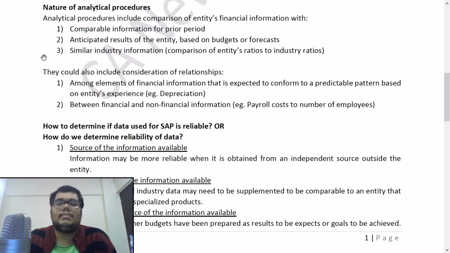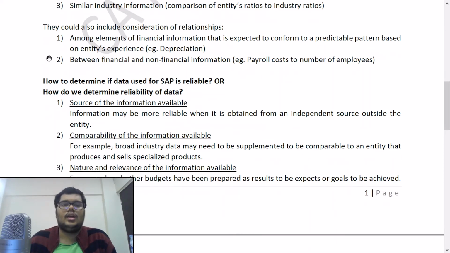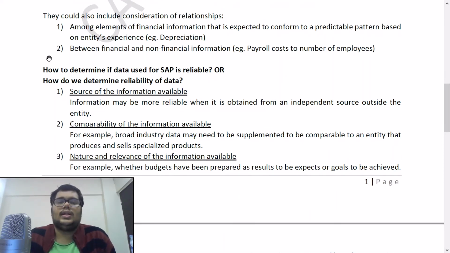Point number three, similar industry information, that is comparison of the entities ratios to industry ratios. This also we spoke about. So there are three ways you can apply analytical procedures. That is comparison between prior period, then anticipated results of the entity through budgets and forecasts, and third is comparison with industry information. Now, they could also include the consideration of relationships, point number one, among elements of financial information